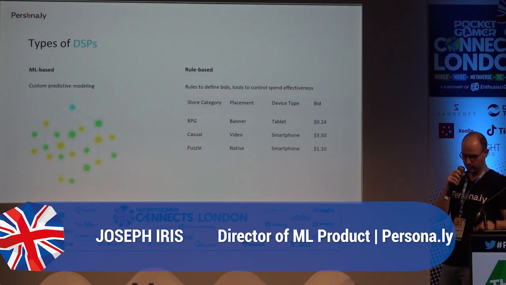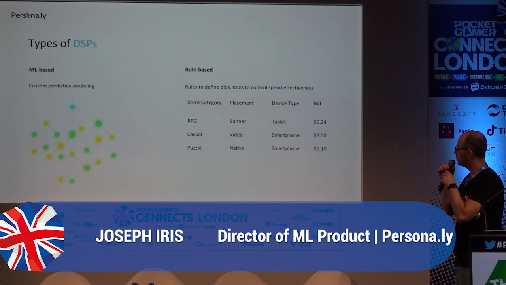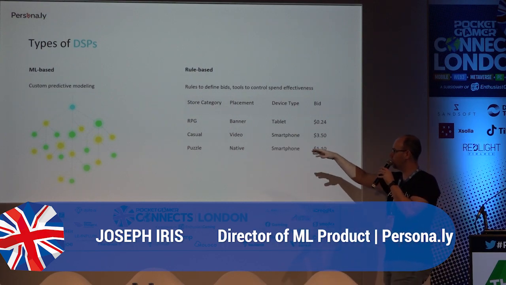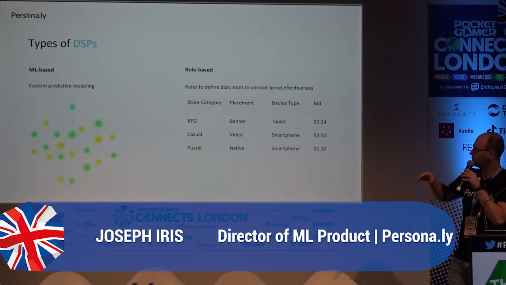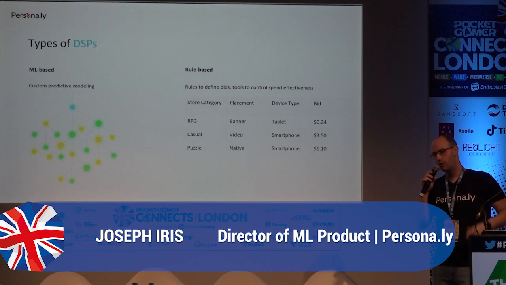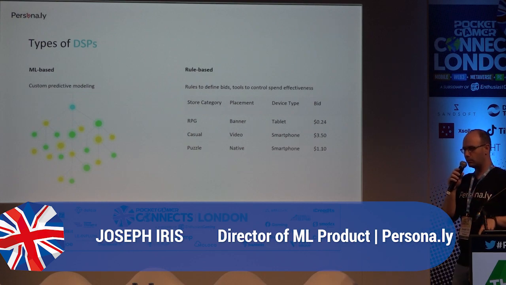and that way you can get very, very specific outputs. The other end would be more rule-based. You would have this sort of line item structure where you can set up line items based on different dimensions, like the example here, the store category, the ad placement, and the device type, and you can set bids. Over this, you can set all sorts of rules to basically stop buying where performance is